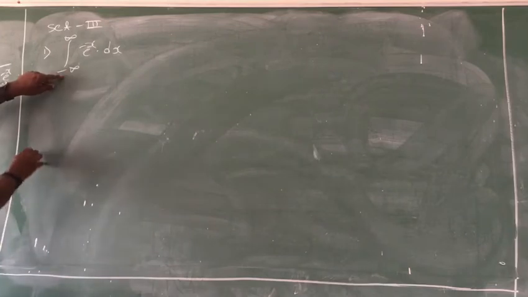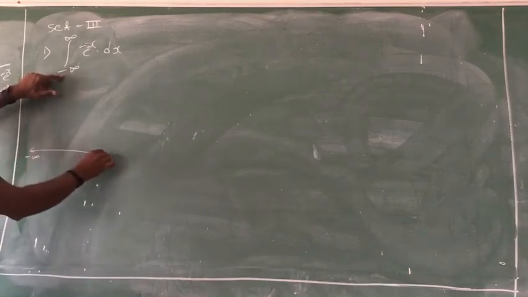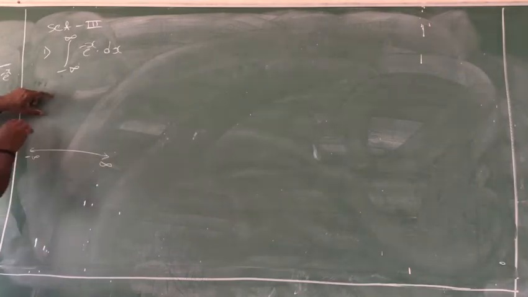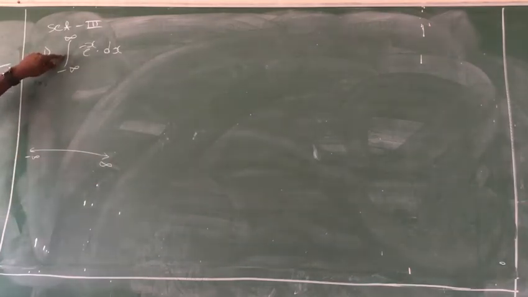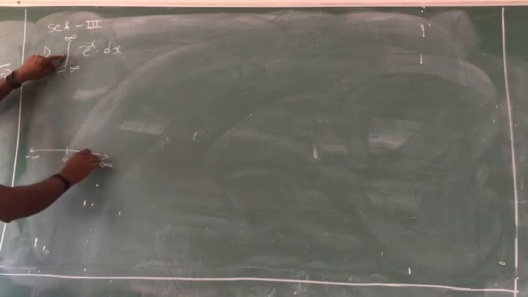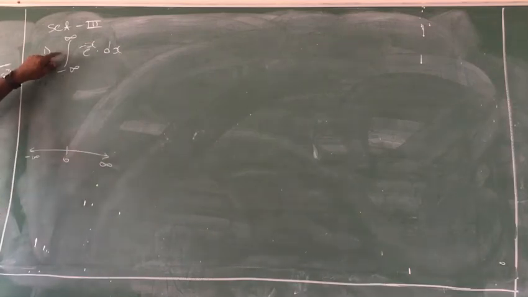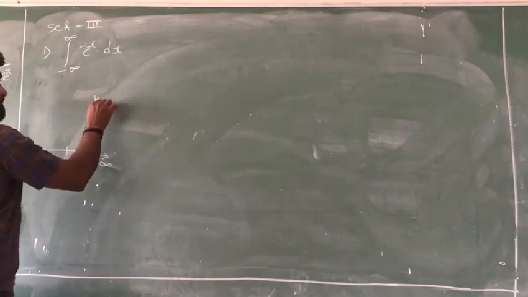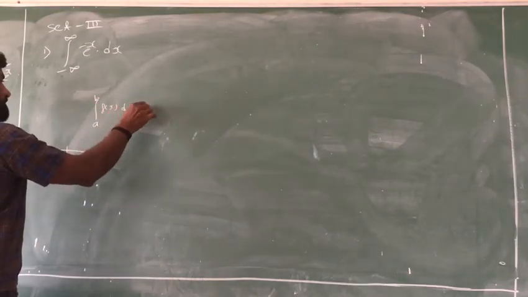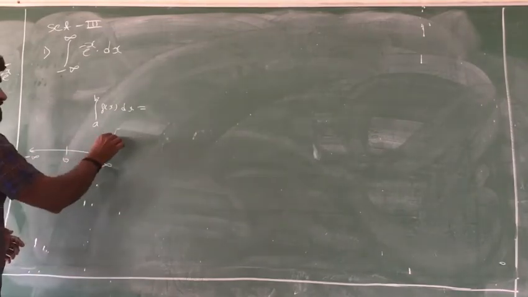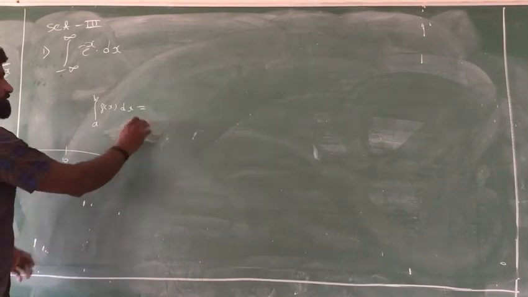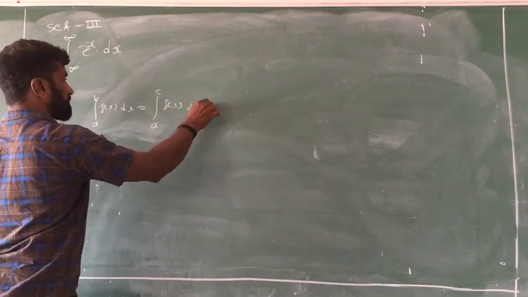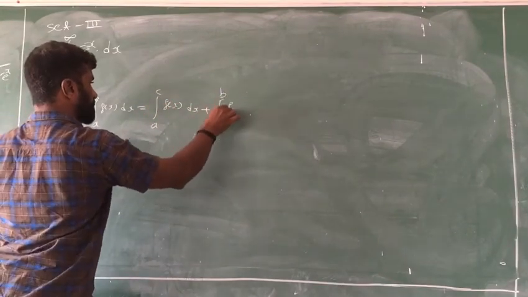The area is like this. From minus infinity to plus infinity, there are numbers. So I can write it is 0, then 1, 2, 3 like this, and minus 1, 2, 3 like this. You know the formula for the integral from a to b of f of x dx. Between a to b in a closed interval, there is a number c, so I can write the integral from a to c of f of x dx plus the integral from c to b of f of x dx.